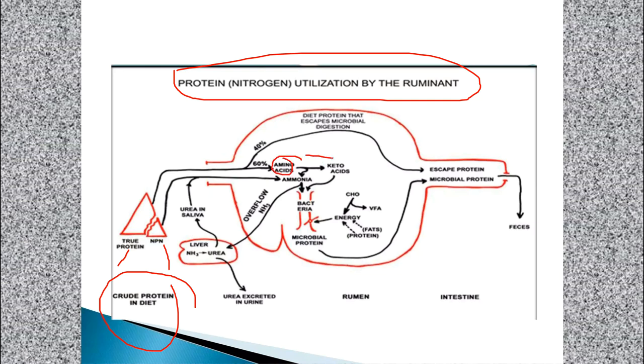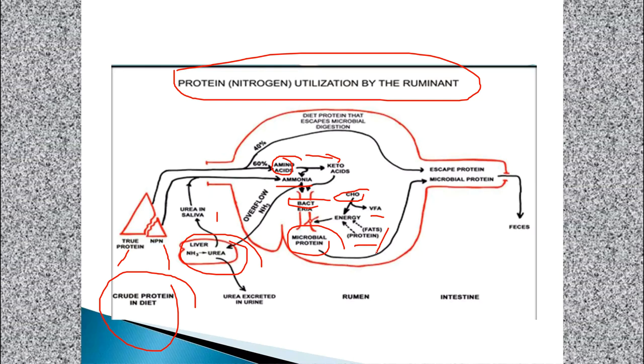Then they are converted to keto acids, whereas the non-proteinous nitrogen in the form of urea enters through urea in the saliva etc. Then it is converted to ammonia. The ammonia is always utilized by the bacteria to produce microbial proteins, whereas the carbohydrates provide the carbon skeleton in the form of volatile fatty acids,